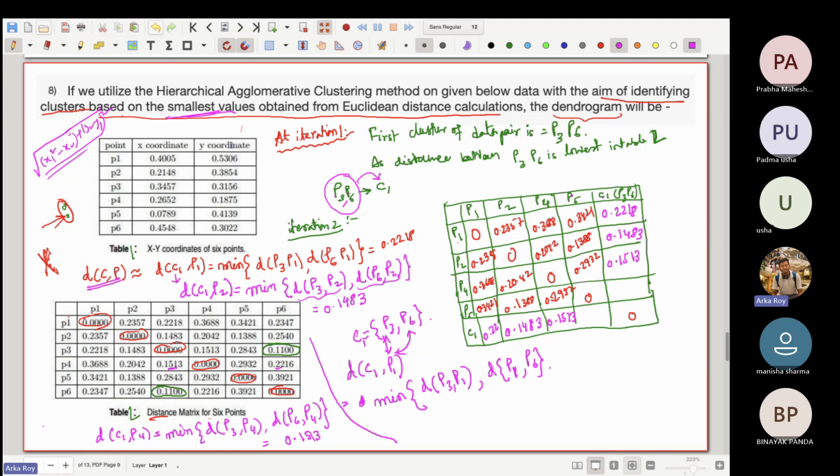Then we are left with the last case, that is P5 से C1 का distance क्या है. So I hope you got the point. So P5 से P3 का distance is 0.2843 and P5 से P6 का distance है 0.3921. So therefore 0.2843 is the lowest one. So I can write 0.2843. So now I have completed the distance matrix,